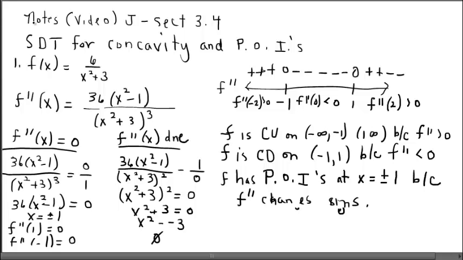Okay, before I look at example 2 with you guys, I do want to take a moment and look at this f double prime number line. And I think what I'm going to try and do is maybe in a different color, if you just want to kind of watch here. What I want to do is think about what our knowledge of the second derivative reveals to us about the first derivative. So, for example, if the second derivative is positive, okay, if the rate of change is positive,